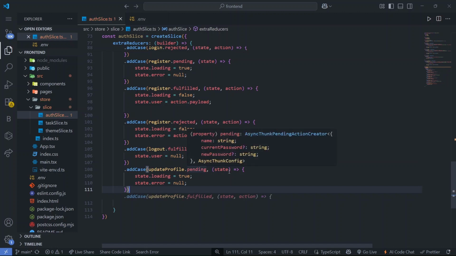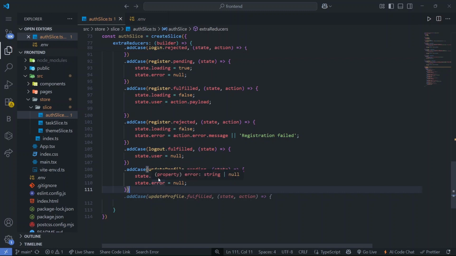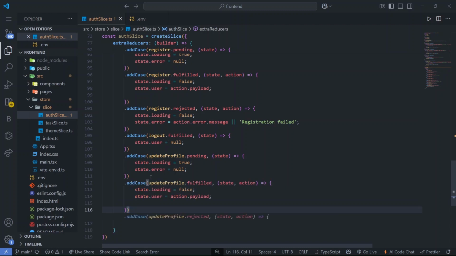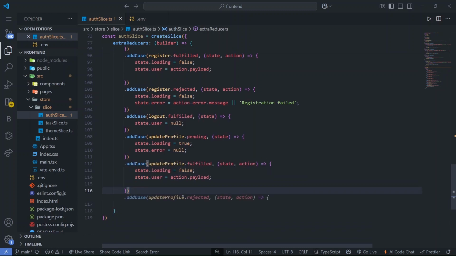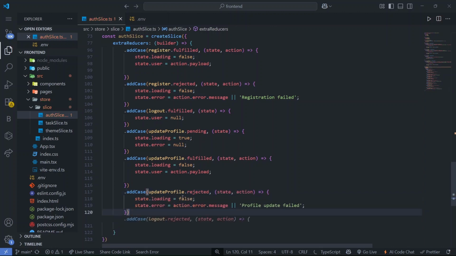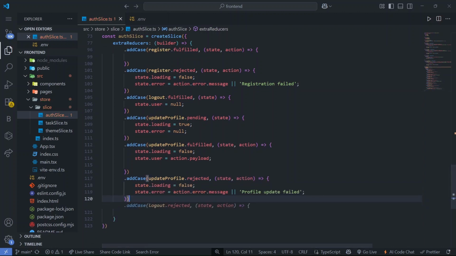So when the state is pending, loading is true and the error is set to null. Then we have the fulfilled case. If it is fulfilled, we have to set the user, right? And if it is rejected, it will show "profile update failed", right? And after that